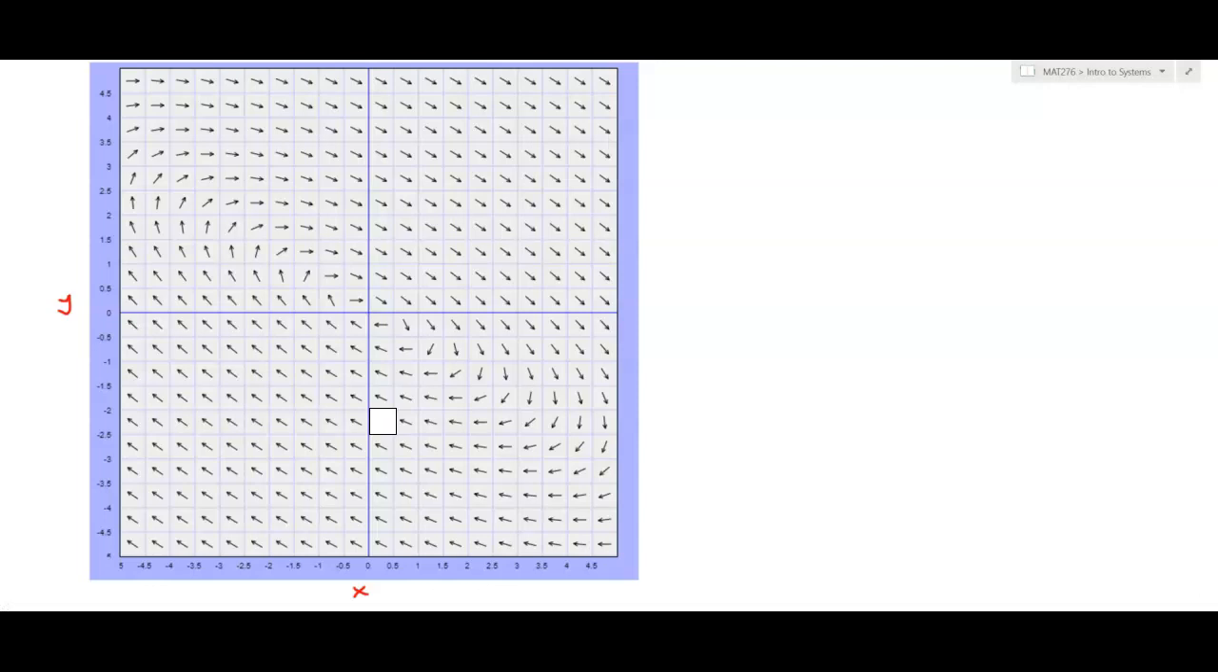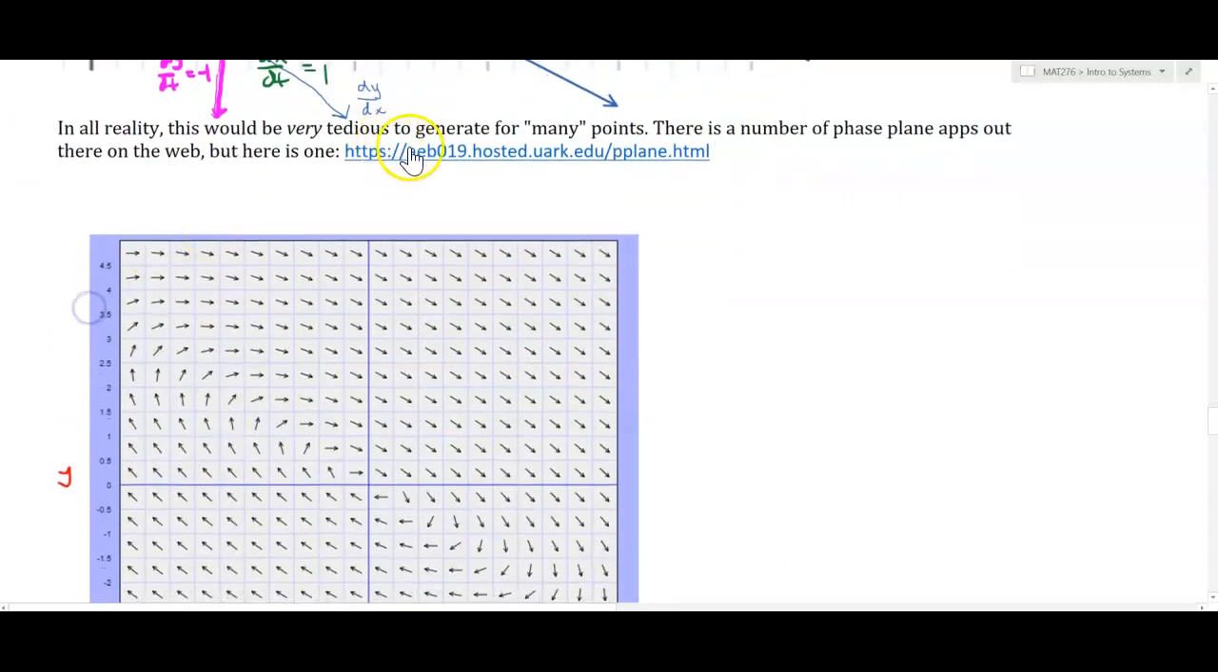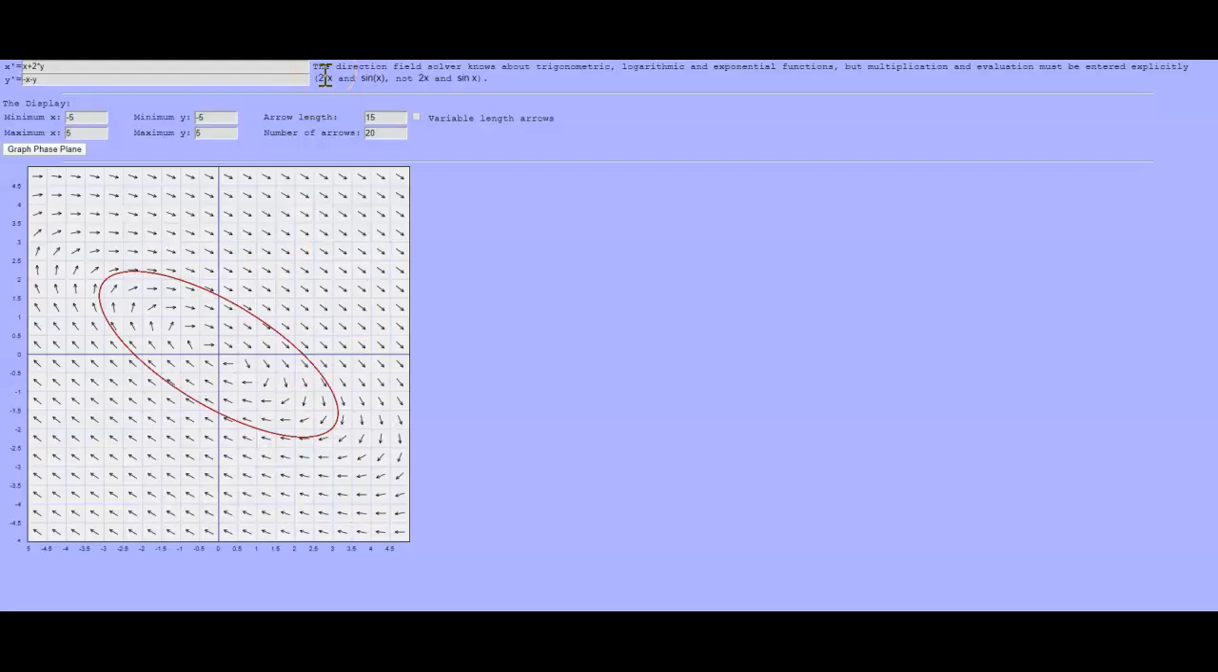And again, this is just repeating our process up here for many, many points. This little applet, if we go over to this site, will allow you to generate this slope field. Let me just show you. So here's what this looks like, and you can see it allows you to enter x prime,